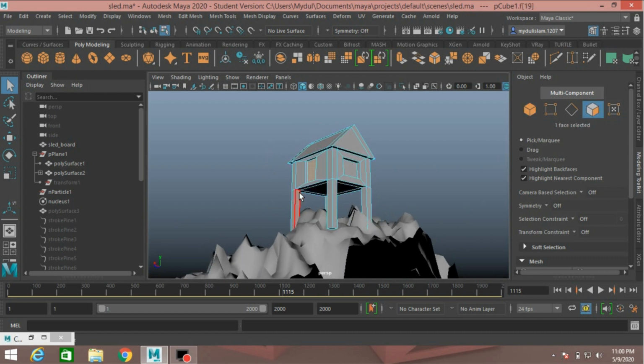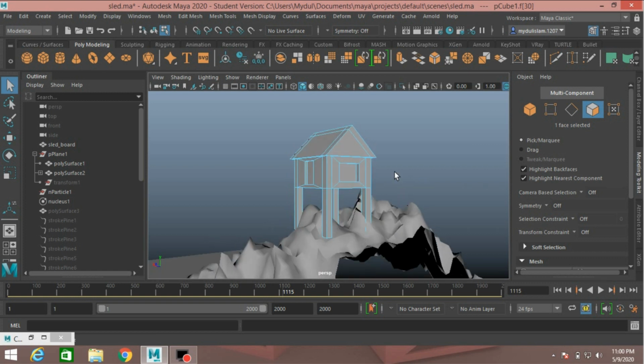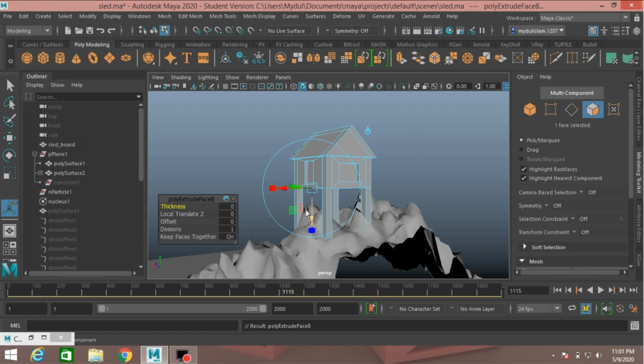Again select the lower face, click extrude and move down just like this.